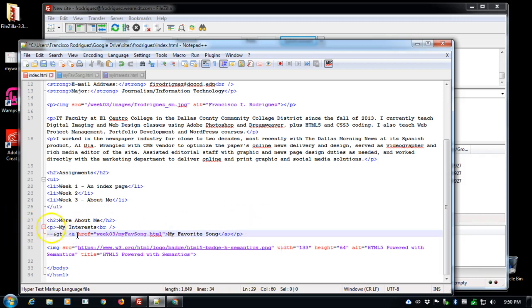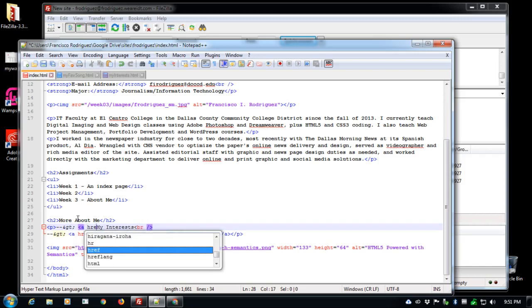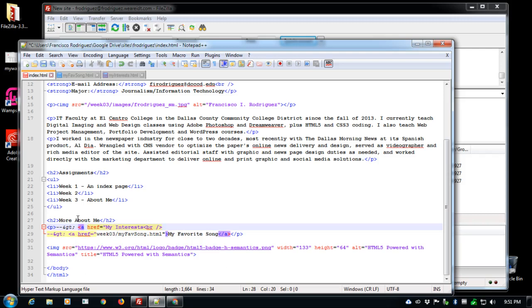And although we haven't done my interests, I'm going to go ahead and do these now. I can type in the 2 dashes, the ampersand greater than semicolon, space, and then the link href is, and they're in the same directory rather. So we'll say that this one is also in week 03 / my interests.